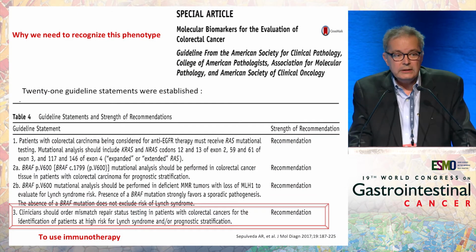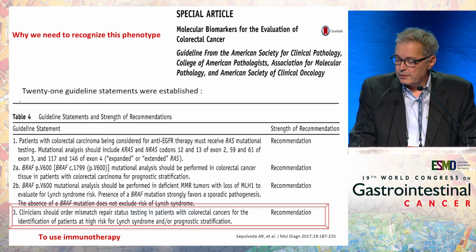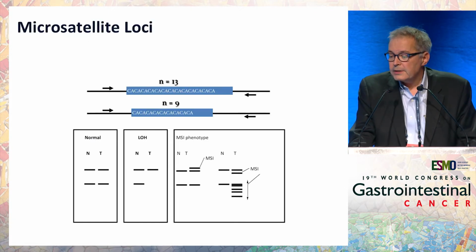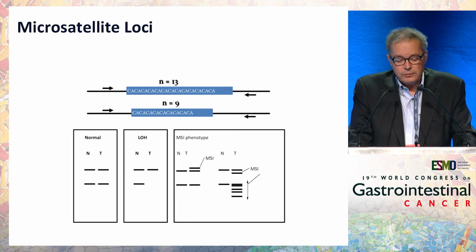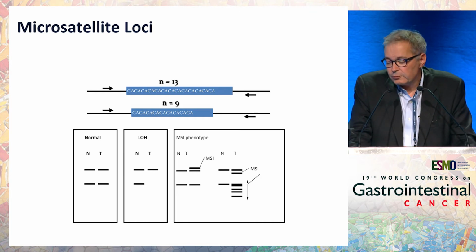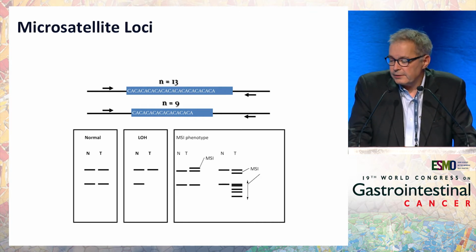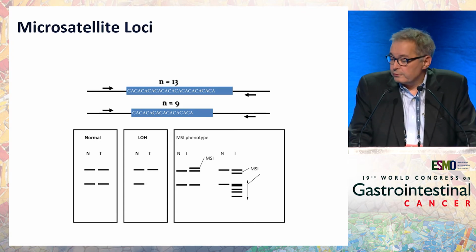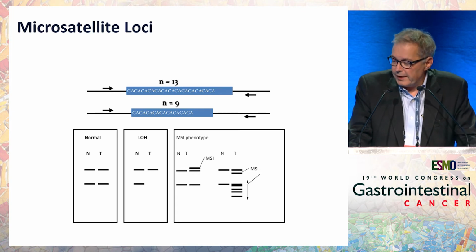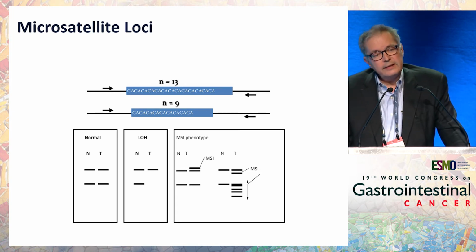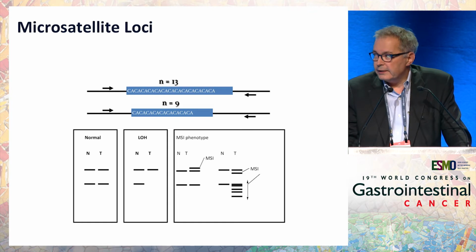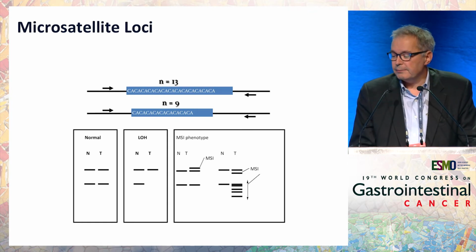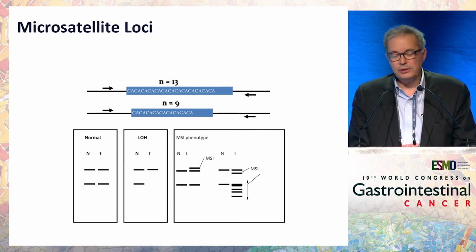But also we need to recognize the MSI phenotype to use immunotherapy, as you know. So how can we summarize this? How can we recognize the microsatellite loci? In fact, you have inherited one chromosome from your mother and one chromosome from your father. And since there is some accumulation of error in these microsatellite loci, which is represented here by these repeated nucleotides,